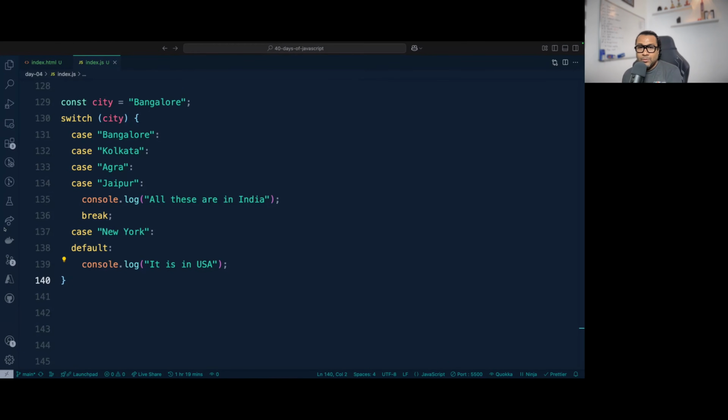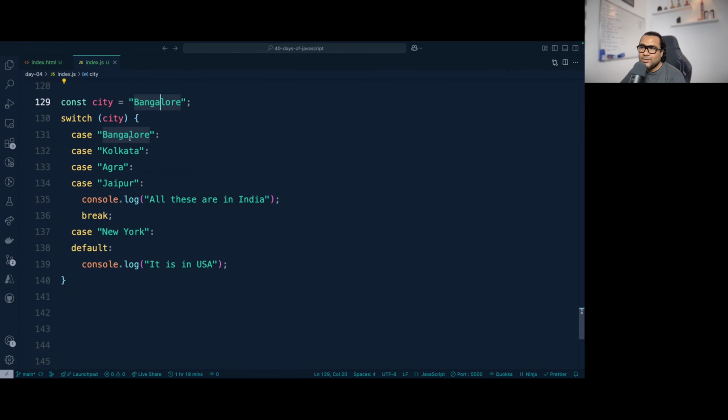So guys, what will be the output of this one? Tell me. I have a variable called city, and I'm taking this variable into the switch. I have cases called Bangalore, Kolkata, Agra, Jaipur, and they say all these are in India. Then it breaks. Then I have New York and this, and I'm passing Bangalore. What will be the output? So I pass Bangalore.